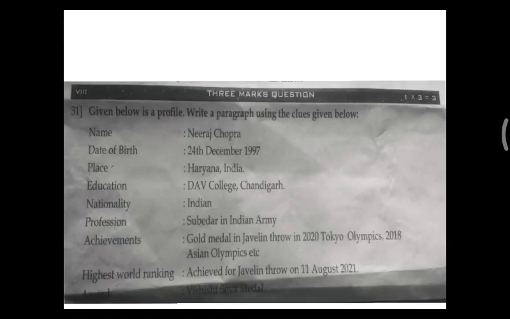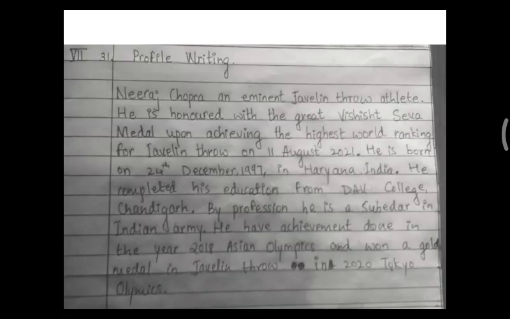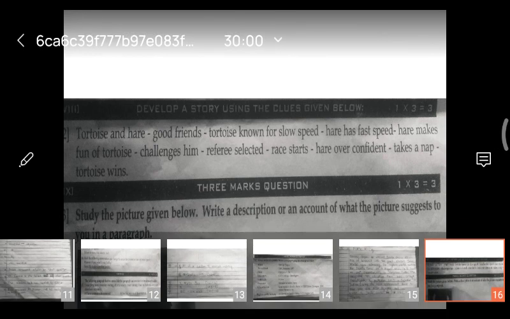So here see if we have used all this information or not. Just put each information in one sentence, then you will be getting some 8 to 9 lines, and that's enough for 3 marks. Next, here developing a story is there. This developing a story, at least you should never leave this answer. It is so damn easy. It is so damn easy that it won't be something very difficult for you people. It will be a story that you would have heard in your KGs and all.